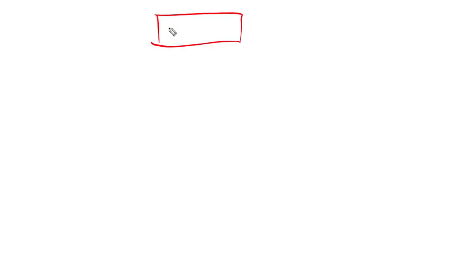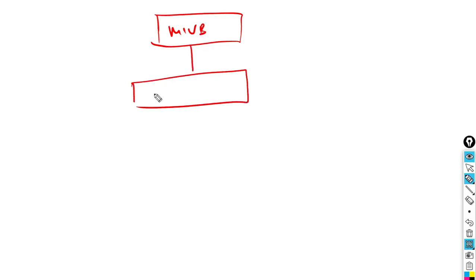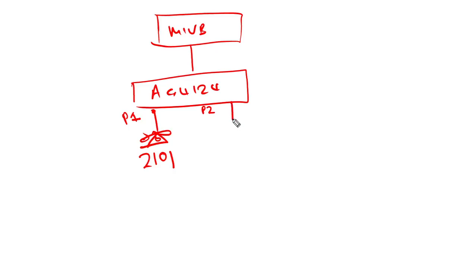Welcome to this tutorial. In this tutorial we are going to discuss how to connect MiVoice Business controller to a Mitel analog gateway 4124 and connect port 1 to an analog extension, an analog device. It will be extension 2101. Then on port 2 we are going to connect another analog device handset, which we are going to make